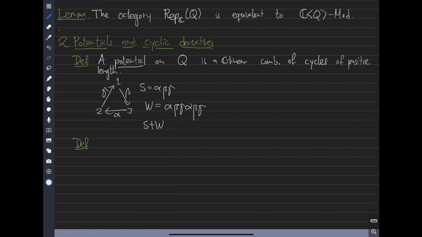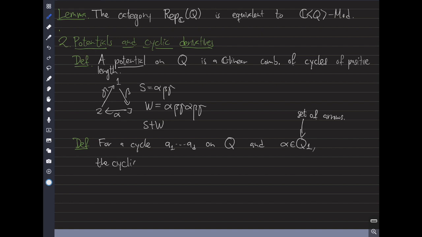So let's say for a cycle, A1 through AD on Q, and an arrow, let's say alpha. By Q1 I denote the set of arrows. So Q0 is the set of vertices, Q1 is the set of arrows. The cyclic derivative of the cycle with respect to alpha, I write as a partial with respect to alpha, of A1 through AD,